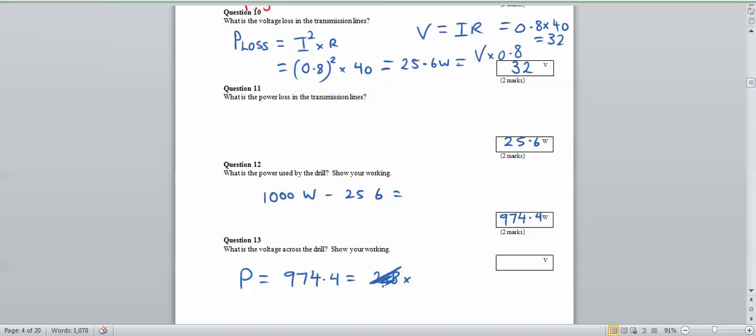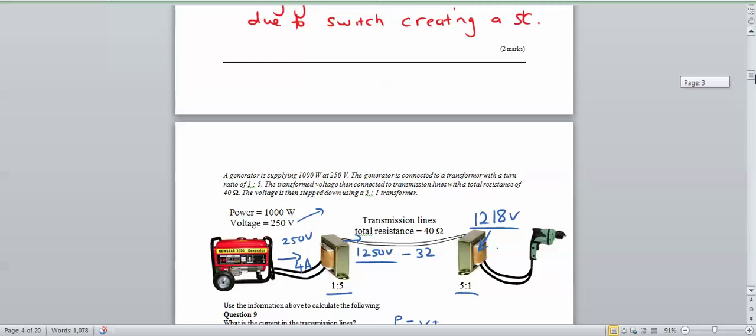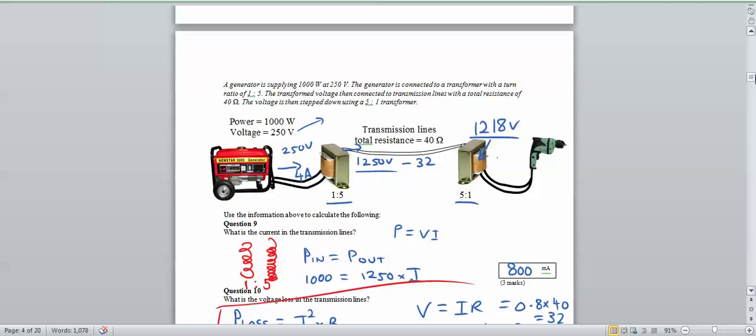So I've actually, in doing it a different way up here, worked out the answers to all of those anyway. So the voltage across the drill, due to this power loss, we worked out to be 1,200,